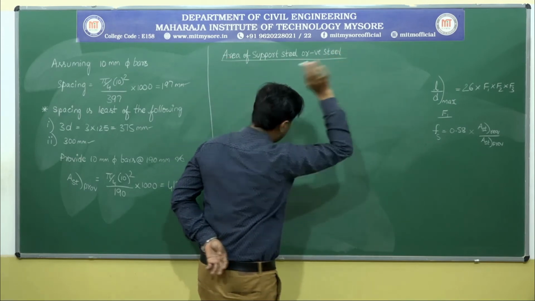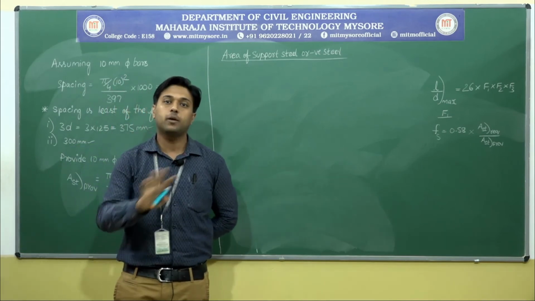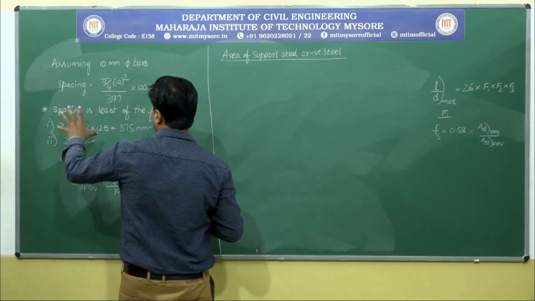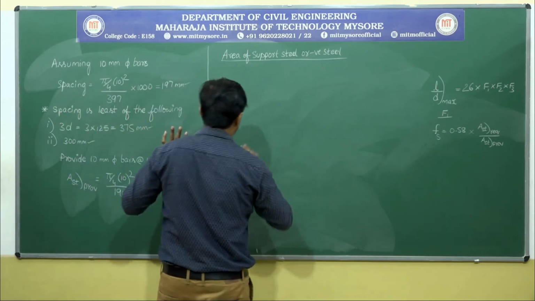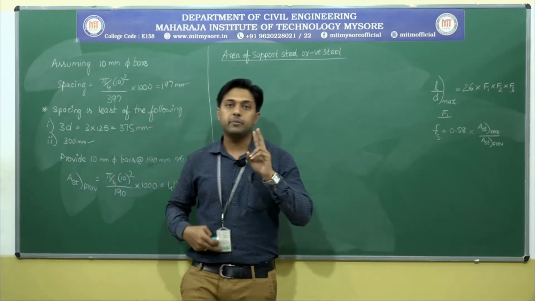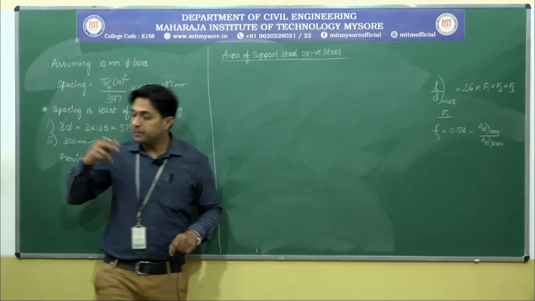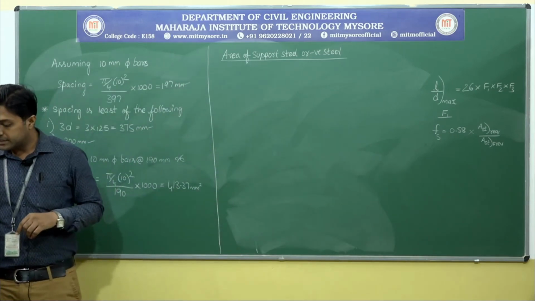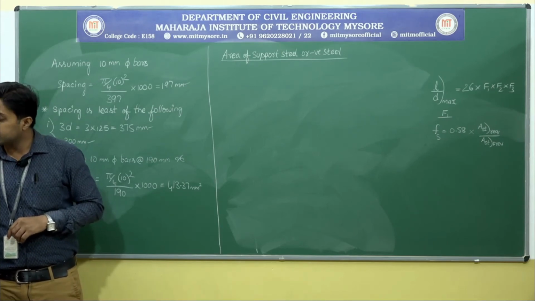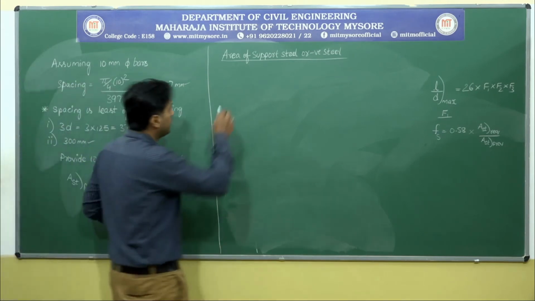Okay, please remember this: area of support steel or negative steel, area of midspan steel or positive steel. Here also the same thing. I will not be writing the formula again, directly I will be substituting. Observe here. For the support span also, you will be getting two particular values for moment. Yes or no? Let me check. What are the two moments? Support moment is minus 19.4 kilonewton meter and one more is 17.5 kilonewton meter. Let me go with 19.4 kilonewton meter.